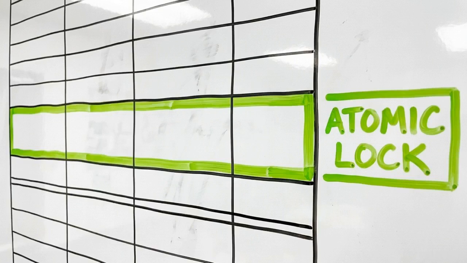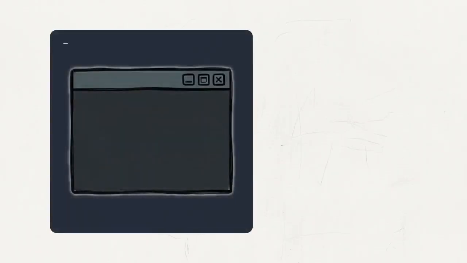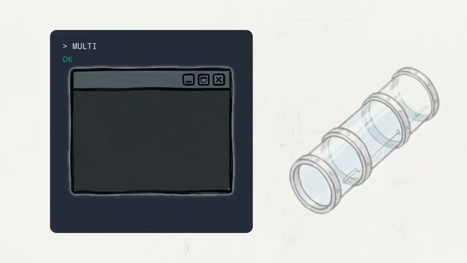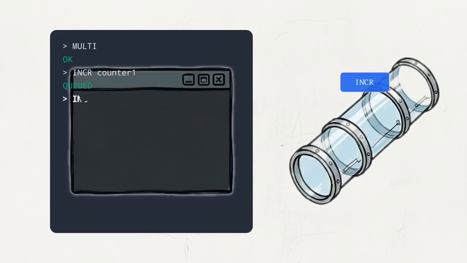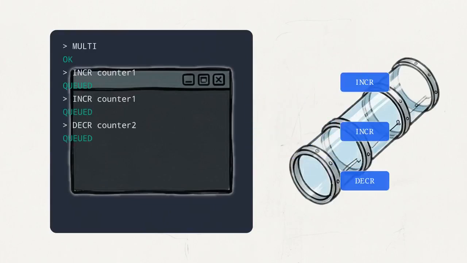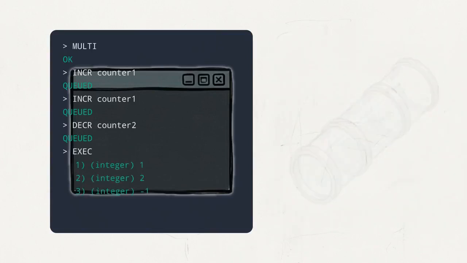When dealing with high-stakes operations, like withdrawing funds or updating payment logs, execution must be atomic. This terminal simulation illustrates the in-memory transaction lifecycle. Commands are not executed immediately. We open the block with MULTI, and as we enter subsequent commands, the system acknowledges each one as queued, serializing them for later. Only when the final EXEC command is entered does the system instantly resolve the 3 queued commands